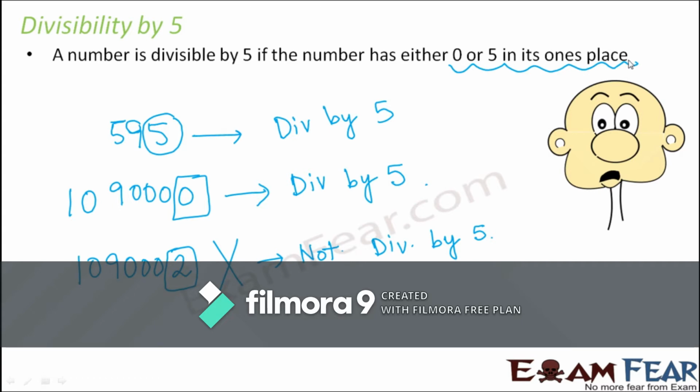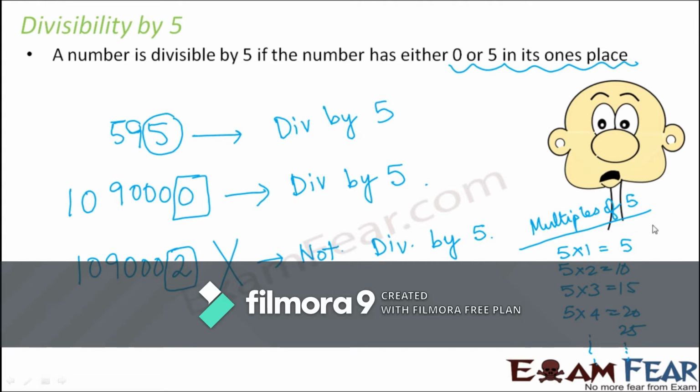Now let us also try to see how it works. What is that magic, or what is that reason, because of which we focus only at the units place digit? Now let us quickly look at the multiples of 5. So how would the multiples of 5 look? It would be something like this: 5 ones are 5, 5 twos are 10, 5 threes are 15, 5 fours are 20, 5 fives are 25, and so on.